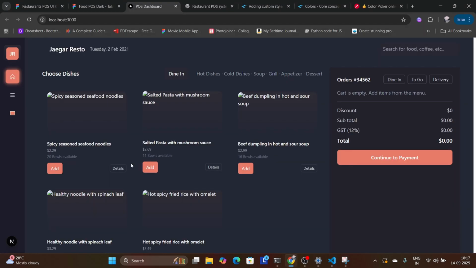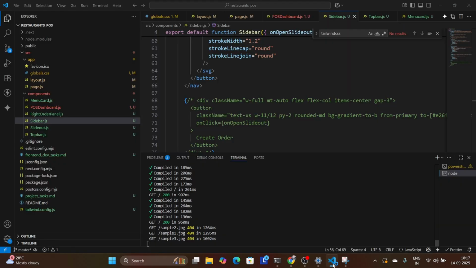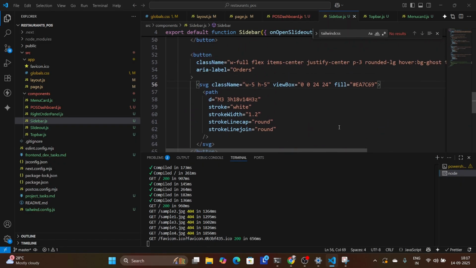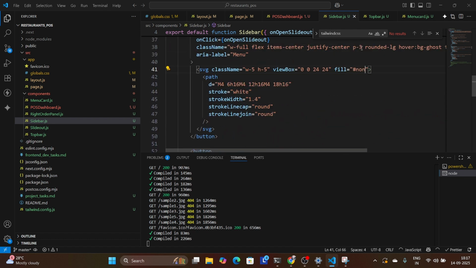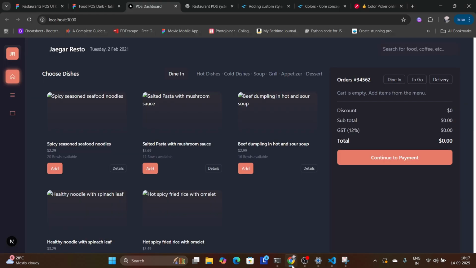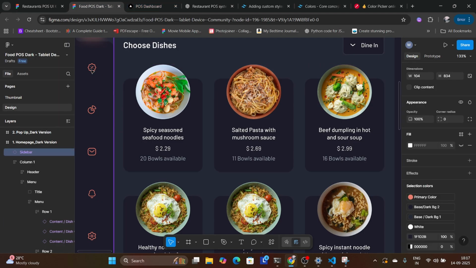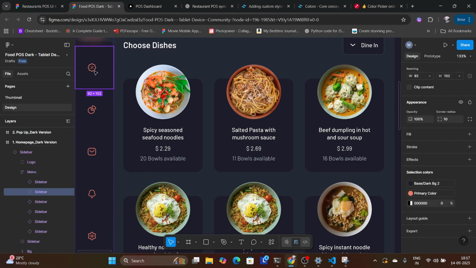Yes. With white, fill none, and this is white. So the icon colors are also the same. If you want to check,